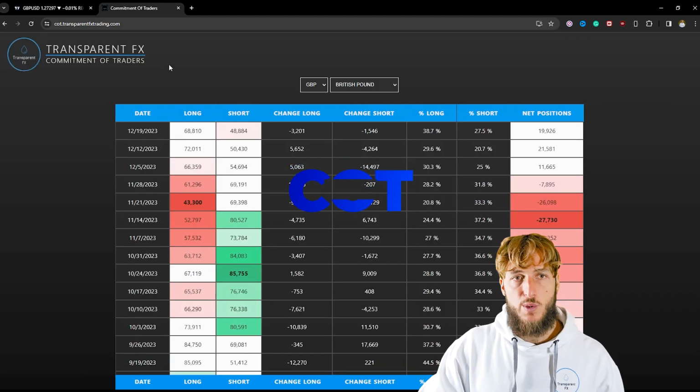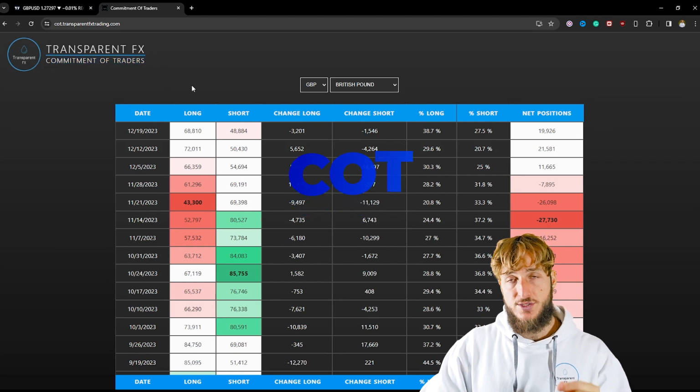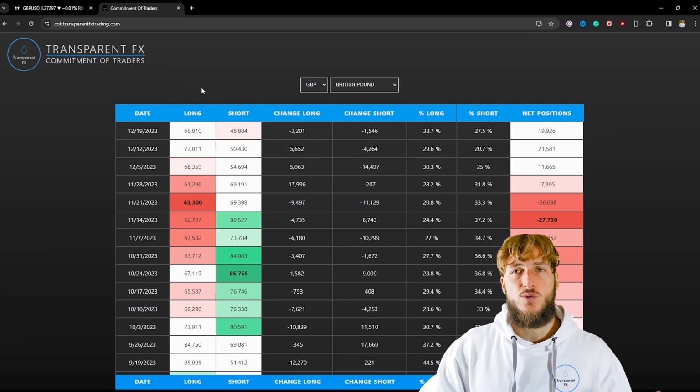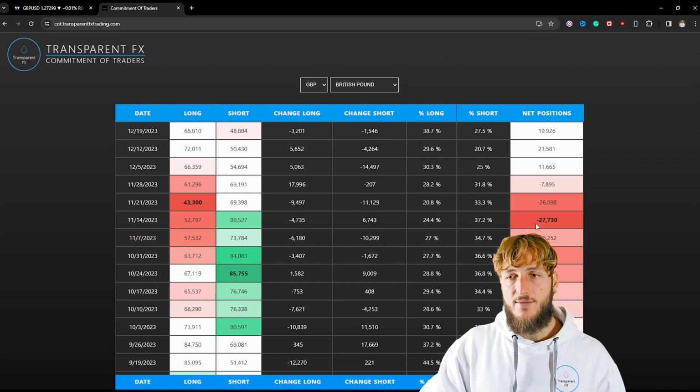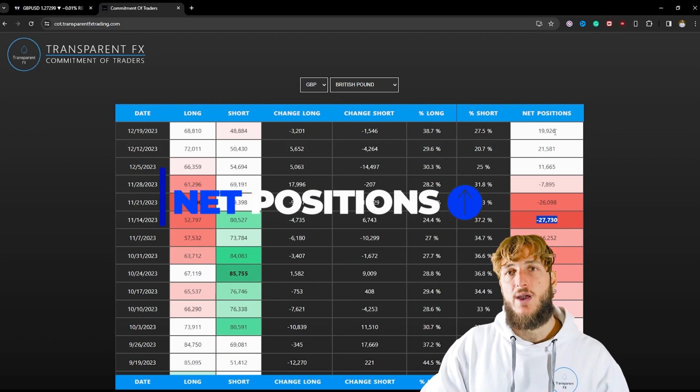Now, why am I speaking about more institutional longing? Because if we go and see what we have when it comes to the commitment of traders, so the COT data, so essentially what hedge funds and the big players in the market are doing, and we check the data precisely for the pound, what we can see is that with the last reports, we went from having minus 27.7k net positions all the way up to having plus